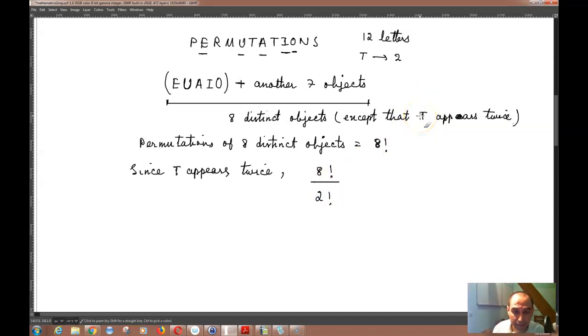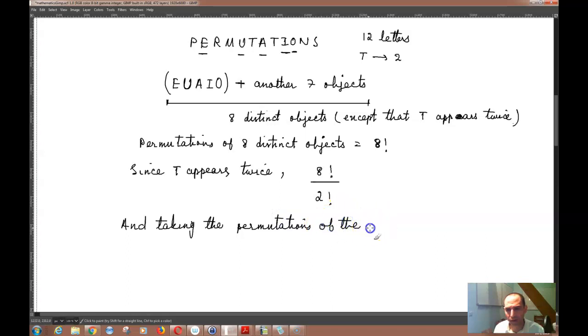And basically taking the permutations of the 5 vowels into consideration,